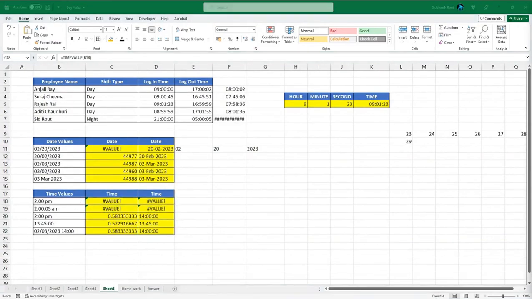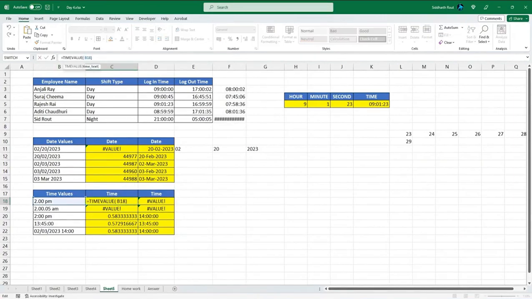We got an error because this argument, time text, expects a text string that represents a time, and in the text string, we need to separate the hours, minutes, and seconds by colon. You cannot have dots or any other separators. It has to be done by colon. So how do we extract the time from this? If you've seen the previous video, we can use a function which is called SUBSTITUTE. So if I say equal to SUBSTITUTE, text, which is this,